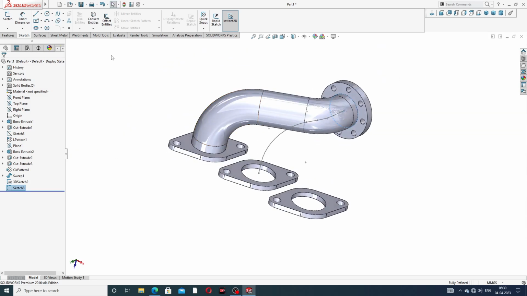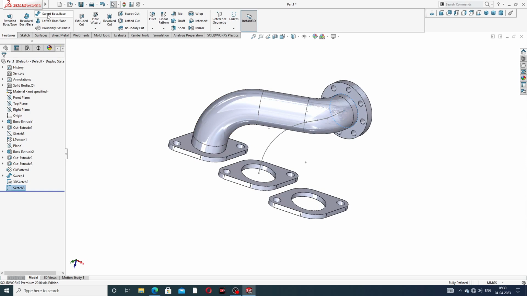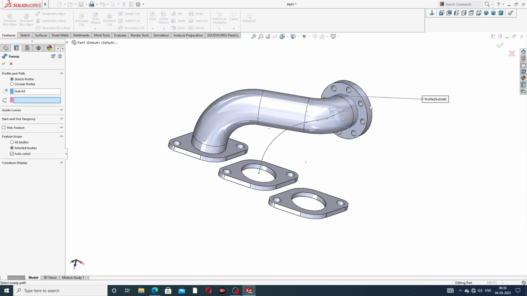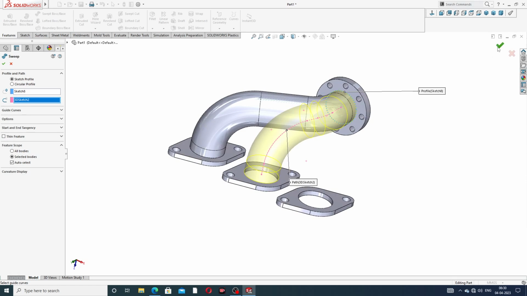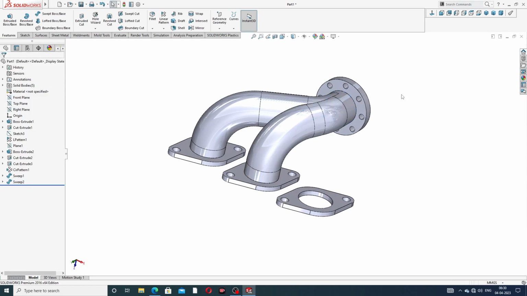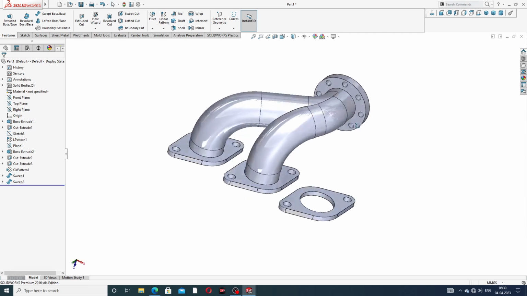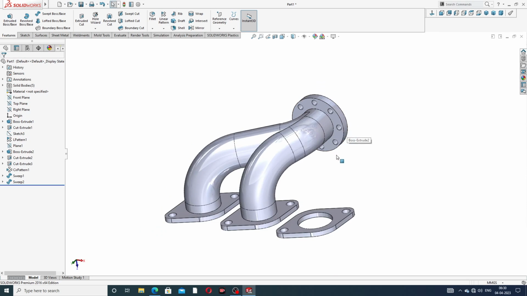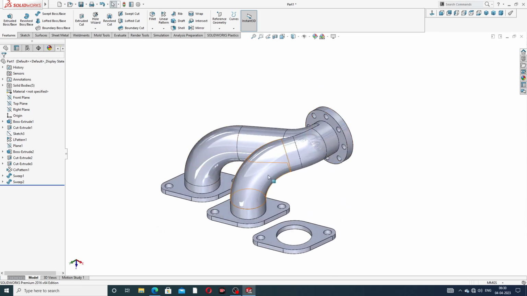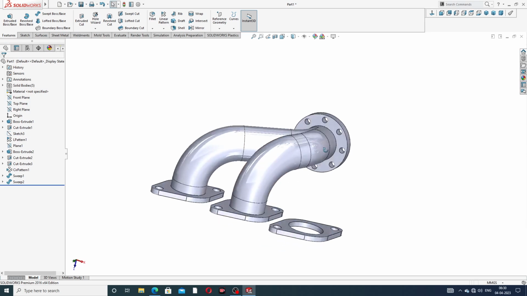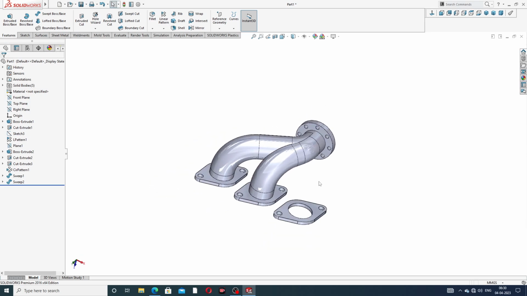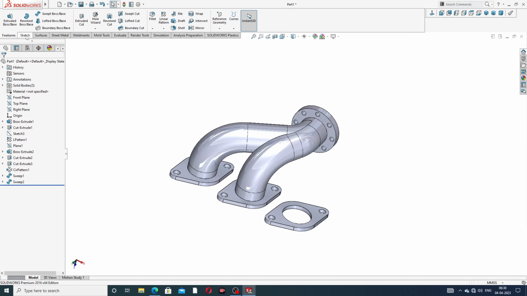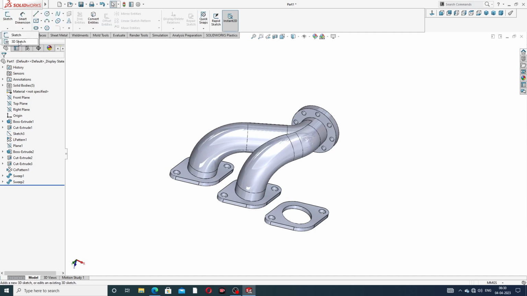This profile and path are drawn here, and again use swept boss base, the profile is automatically selected here, and the path is this. Okay, this is perfect, and click OK. Okay, and the last point is also drawn here, this uses a 1 by 1 because this uses a 3 pipe. Again select a sketch, 3D sketch,